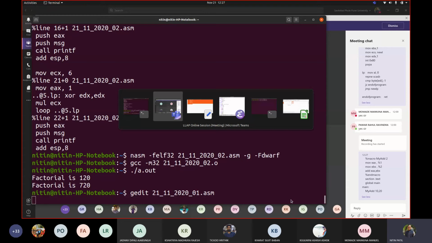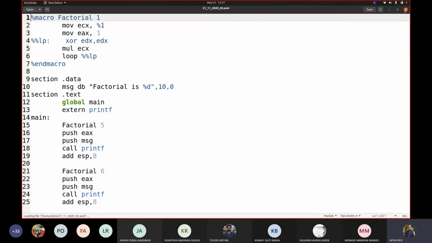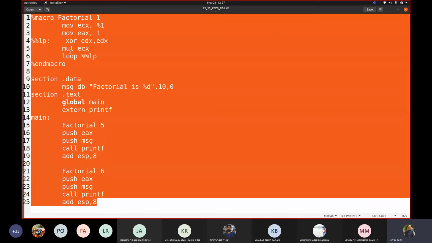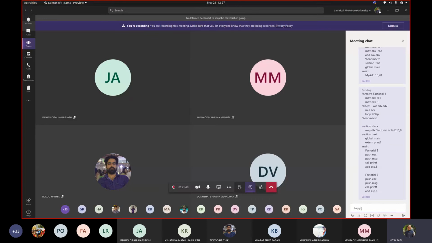Then we talked about a factorial code. I suggest you write codes such as computing GCD, computing average, and so on. I added both the codes for your reference.